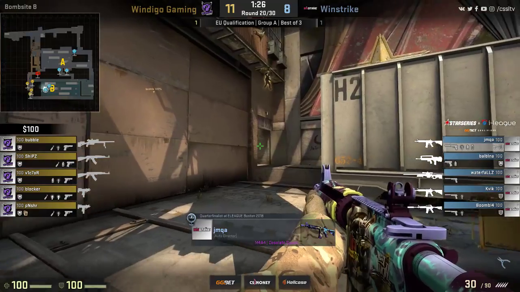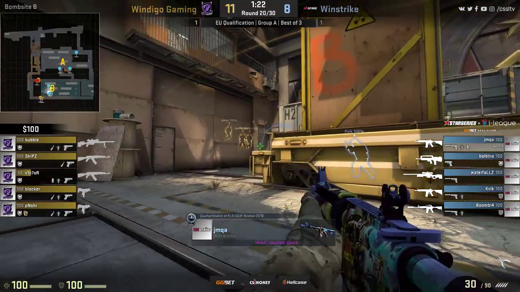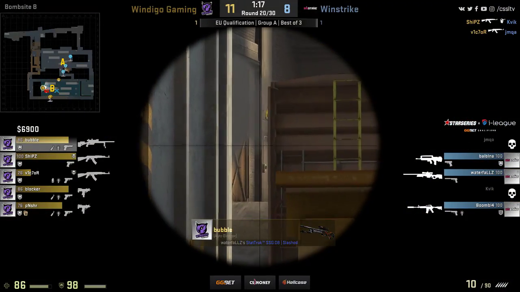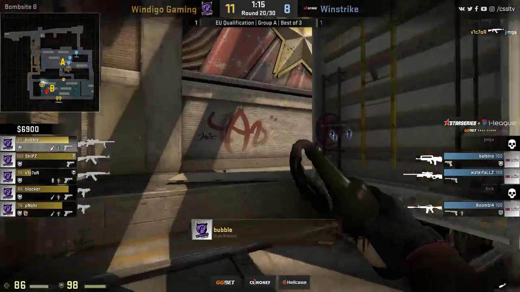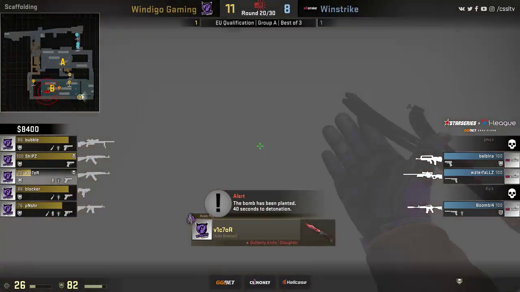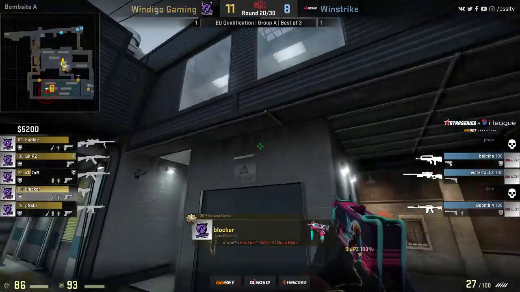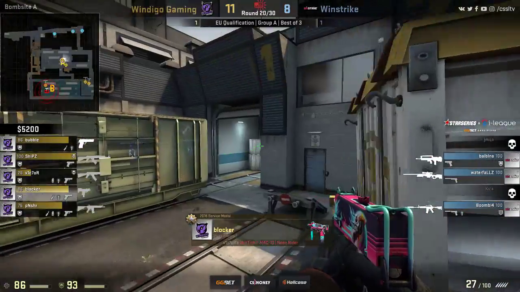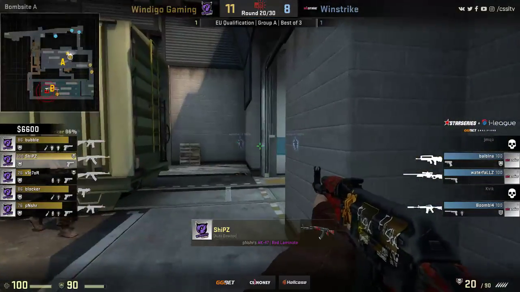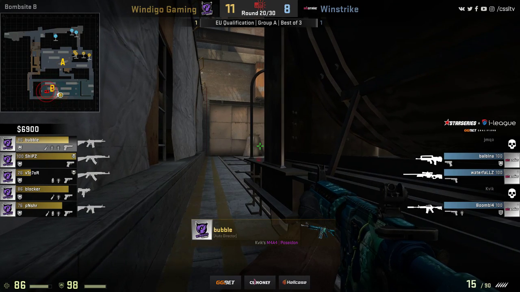Straight up 5-on-5, Windigo with the Scout and 2 Mach 10s. Not really ideal weaponry, but a bit of a bonus round from them. Looks like it's going to be a B hit working their way in towards the site. Ships and Victor pick up 2 very early kills and bring us into a 5-on-3. And the immediate save from Winstrike, they don't even want to chance it. Waterfalls doesn't have an opportunity to go ahead with the AWP. Boomich as well with the M4. Obviously going to be looking to save that one, but a very dominant B rush coming in from Windigo, and that is certainly going to be a kick in the teeth